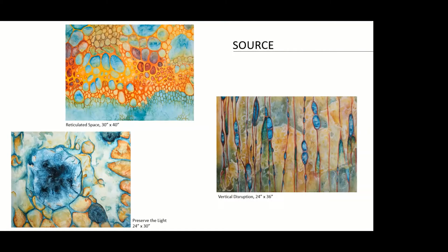And I wanted to explore that, but I didn't want to do it very literally. I wanted to go in an abstract path towards this. I wanted to really focus on color and texture. So as I was doing my research of the sources of fossil fuels and how they develop and how they're extracted from the earth, I started coming across images of